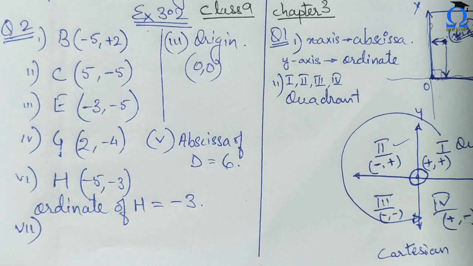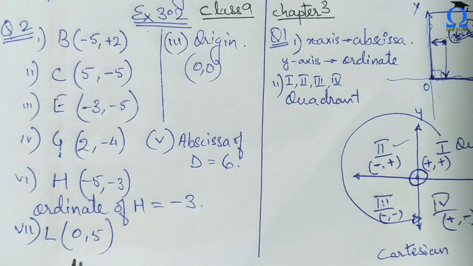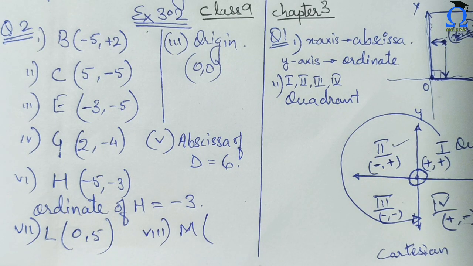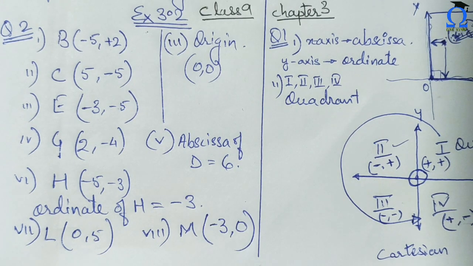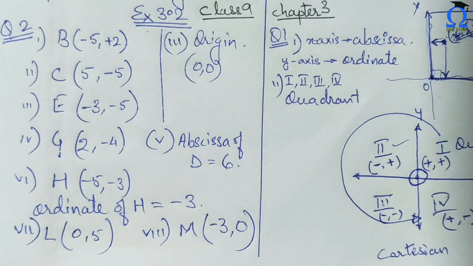Understood? And now the coordinate of L. Since L lies on the y-axis, x will be 0 here and y will be 5. Understood? This is what I was explaining in the last part. I hope you get it now. Similarly for M, it is on the x-axis. We can see it is on the x-axis, so the y coordinate is 0 here. I hope you understood the whole concept behind the location of any point and what they are called. Okay, so this is the end of this first exercise.